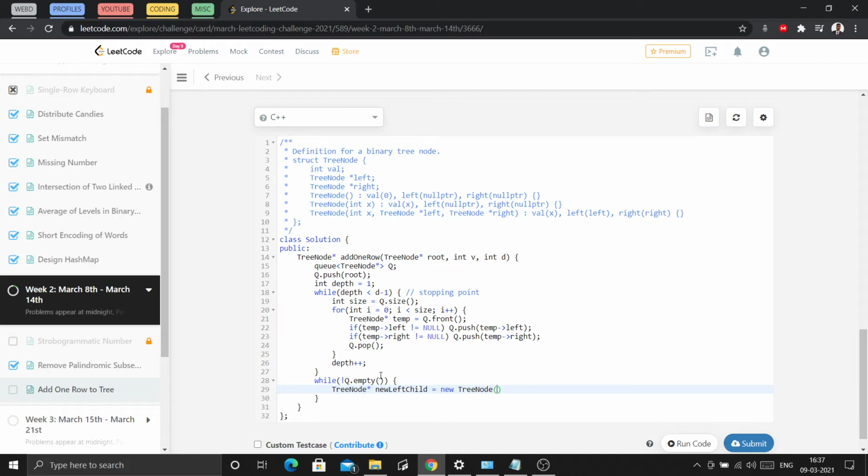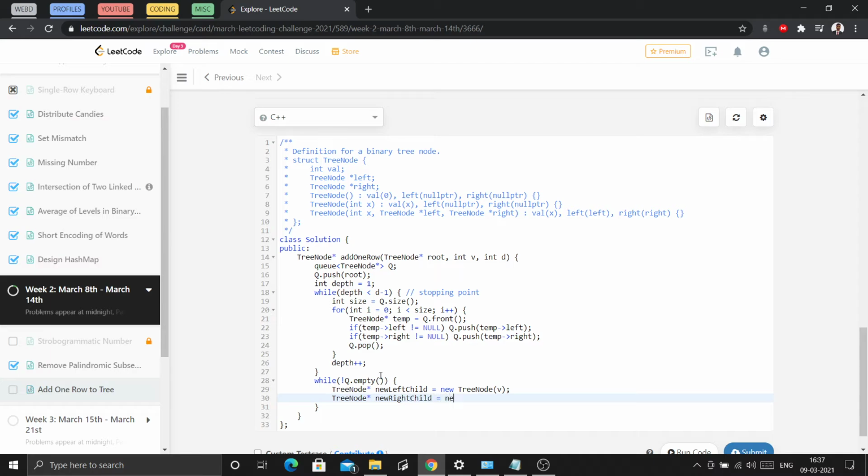I will create a new node with value a, and also for the right, TreeNode star new right child is new. So these are my values, which is 1 1, which is to be inserted in the left and right subtree.